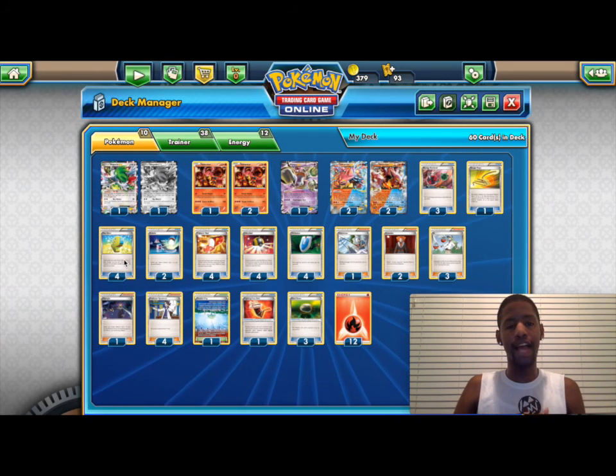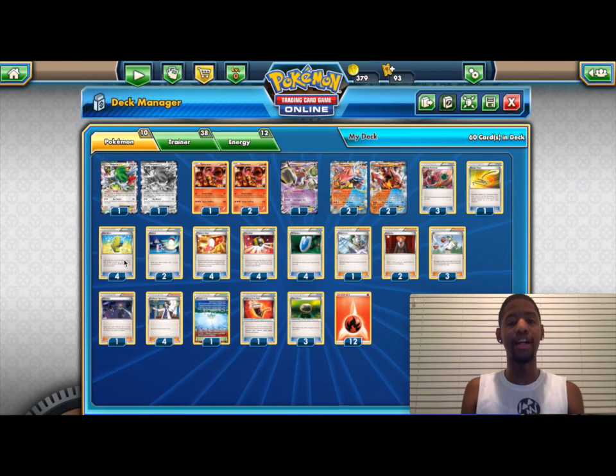So Max Elixir flat out wins you the mirror. I had no losses. I played two and never lost against the mirror. This deck, because of Max Elixir, blows through the mirror. Another thing is Greninja. Against Greninja, you have to have Max Elixir if you want to consistently beat it, because you